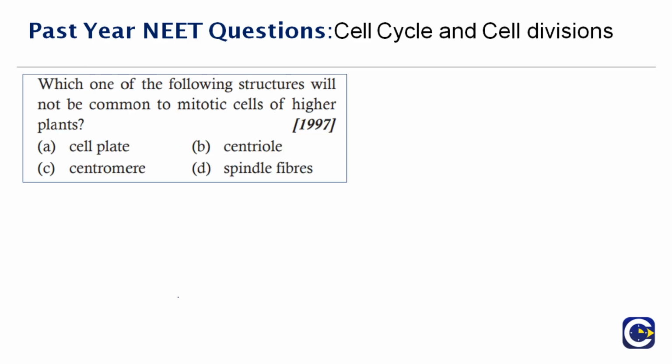Okay, next question. This question was asked in the year 1997. Which one of the following structures will not be common to mitotic cells of higher plants? Okay, now we'll go to the solution. You're given 4 options here: cell plate, centromere, spindle fibers, and centriole. Now, out of the 4 options, it cannot be cell plate. Obviously, it is not cell plate. So it has to be within these 3. So the correct answer goes to